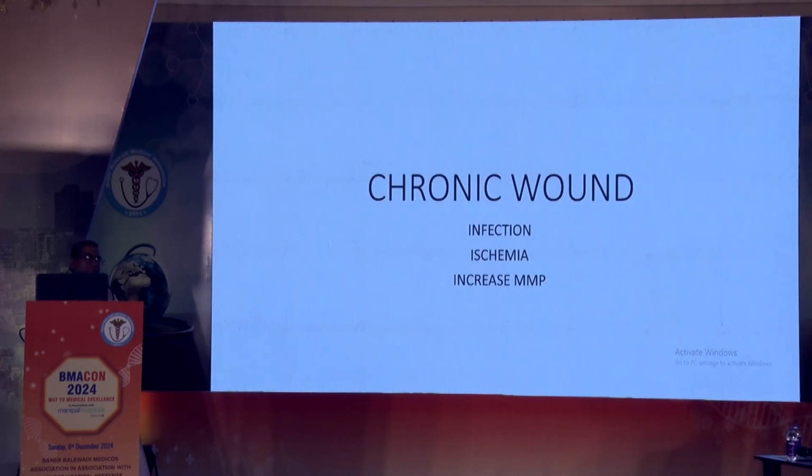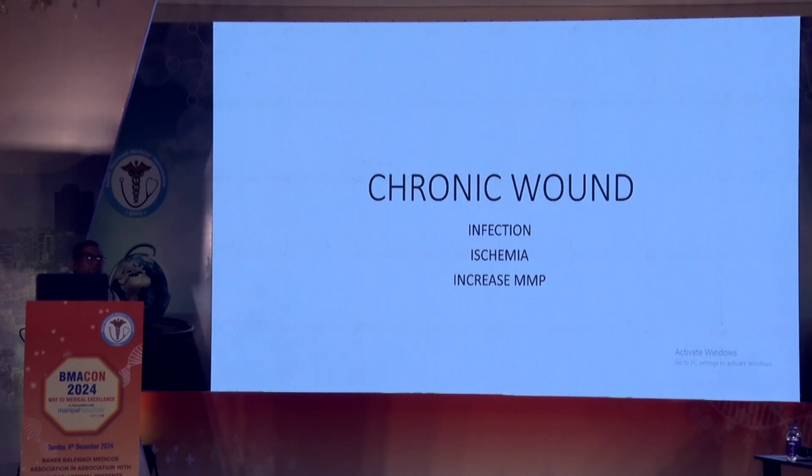Acute wounds are very easy for a plastic surgeon to treat, because these are mostly accidental wounds. The pathophysiology is maintained, and healing is predictable. But chronic wounds are the problematic wounds, where chronicity leads to lingering of many things, and cascades of inflammation continue. They promote one problem after another, and this adds to the misery. So infection, ischemia, increased MMPs. MMPs are matrix metalloproteases. These are enzymes which digest proteins.